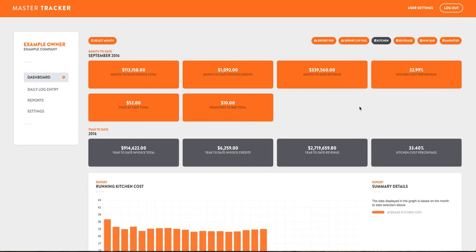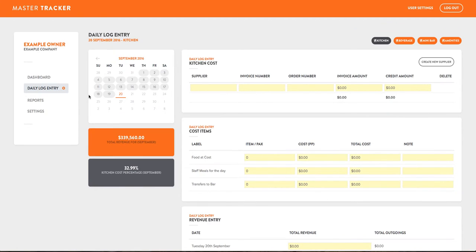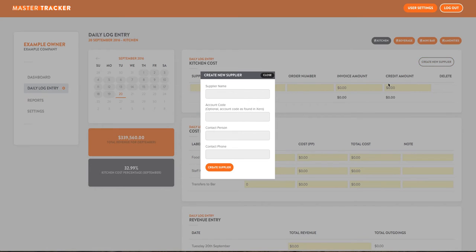Alright, so we're just back in kitchen at the moment. So how you enter invoices: you go to the daily log, you choose whatever date is on the invoice, and you pick a supplier. For argument's sake, we're just going to put vegetables in. There isn't a vegetable supplier, well, there's Abby's here, but if there isn't a supplier, you just click on create a new supplier, and then we can type in